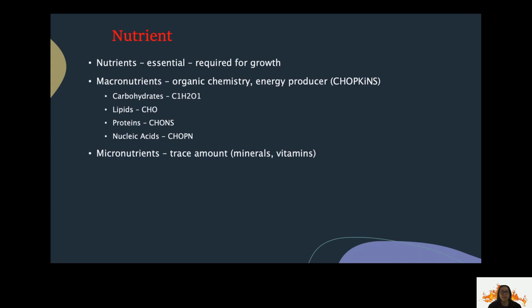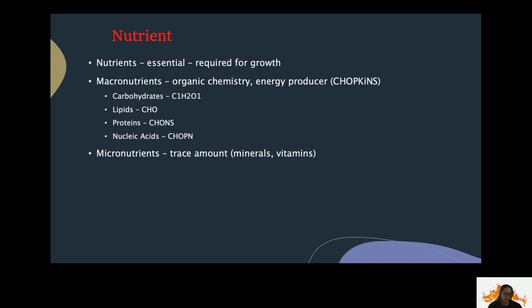So from here, guys, let's go ahead and talk about the details we covered in this chapter. The first thing we really learned about was what is a nutrient. Nutrients are defined as molecules that are essential or required for growth. Essential nutrients are things that can't be produced inside an organism, so they have to take them in from outside. Now, that actually falls into categories of those essential nutrients that are either larger in size and need to be taken in larger amounts, macronutrients, which are what you think of as your big organic